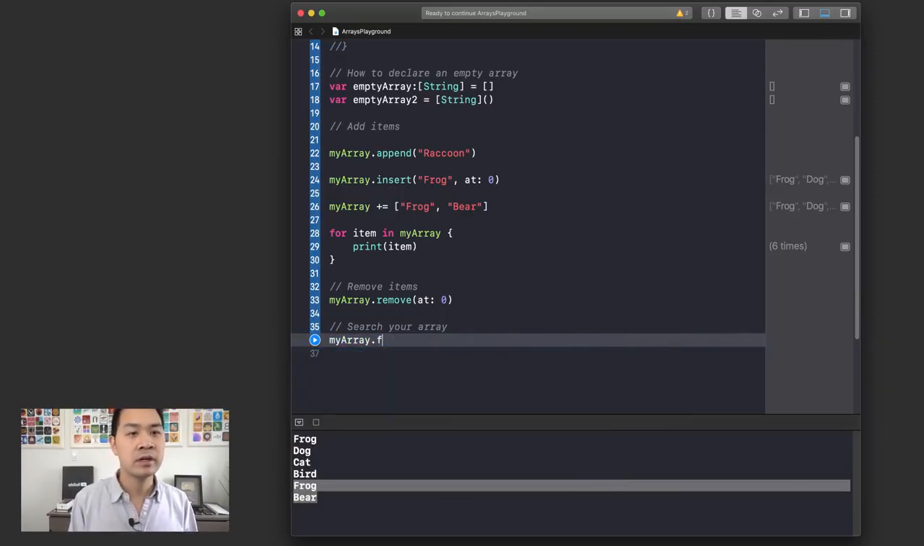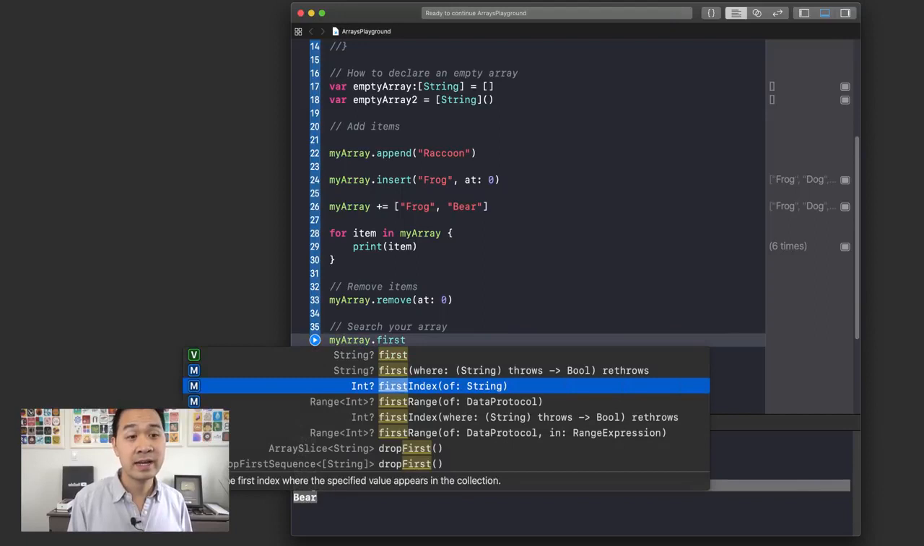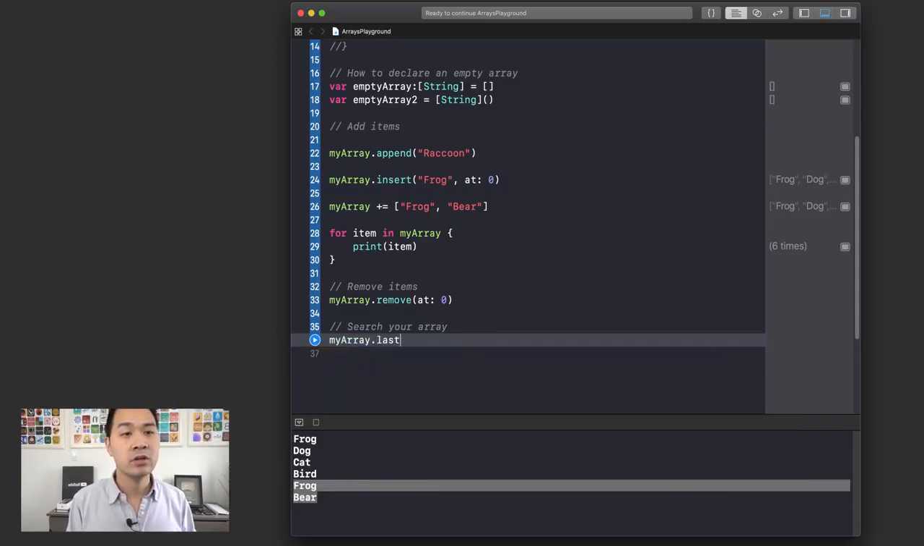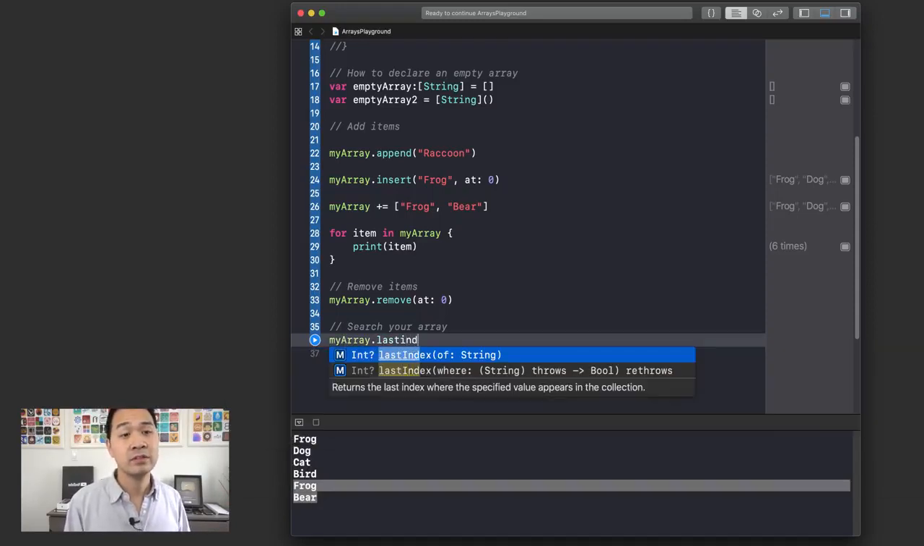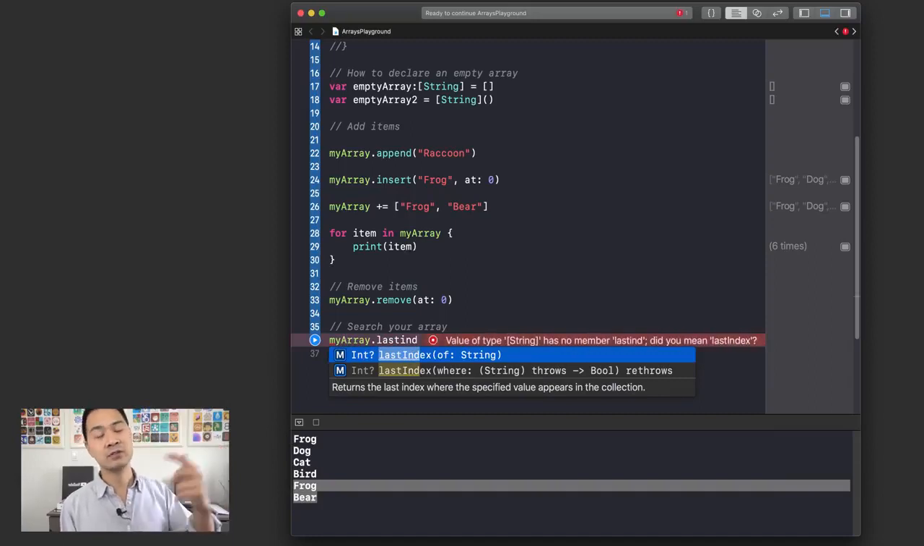But now there are methods like firstIndex of, which returns the first index where the specified value appears, because theoretically, like we saw before, frog existed at index 0 and existed at index maybe 6 or something like that in our array. And then alternatively, there is also lastIndex of. So you're searching from the back towards the front, and it's going to return the last index of that item which you're looking for. So those are a couple of handy ways for you to do some searching within your